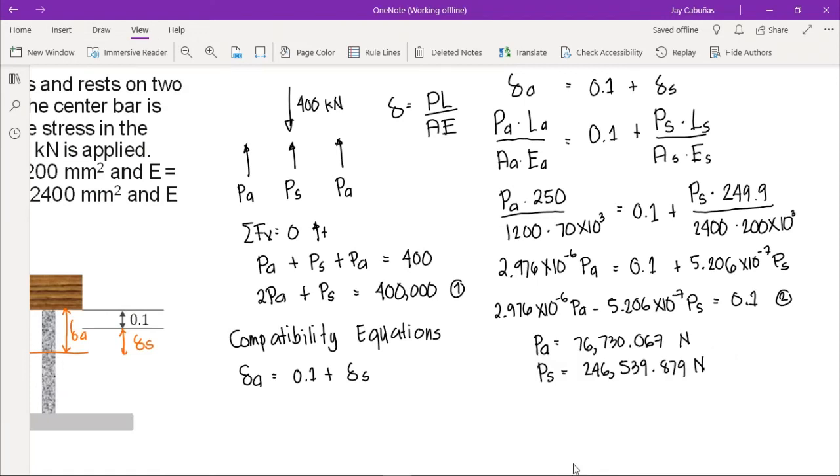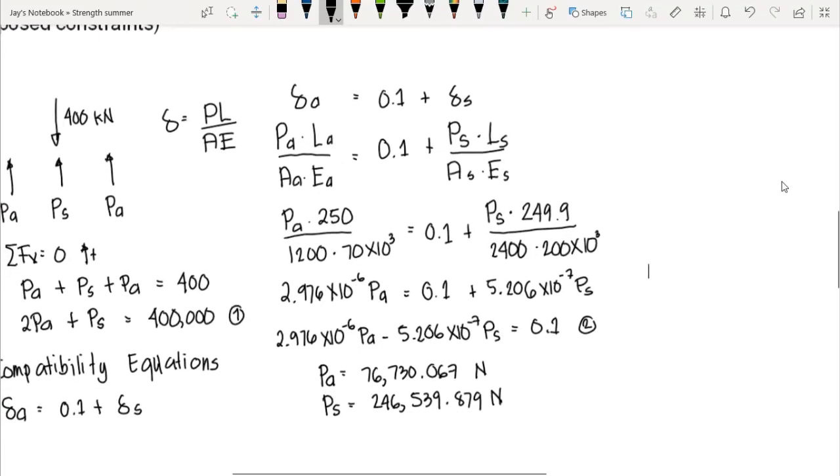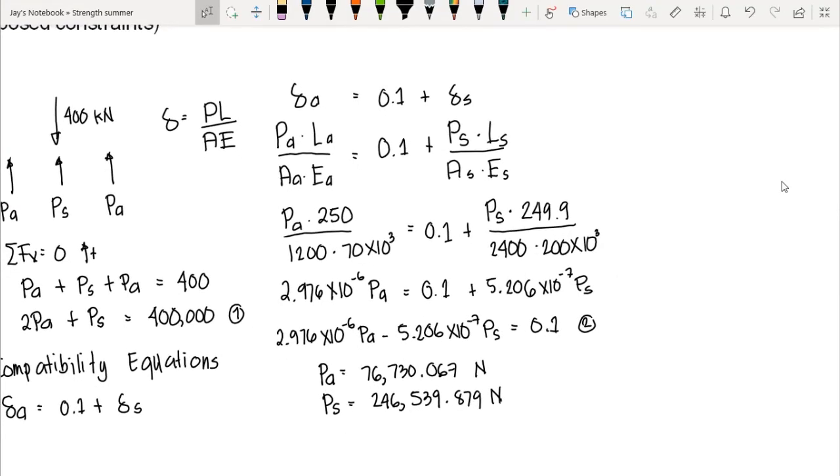By using your calculator, we have PA, that is the axial load at aluminum, 76,730.067 Newton, and the axial load on steel, that is 246,539.879 Newton. Since in this problem we are asked to compute for the stress in the steel bar, then we